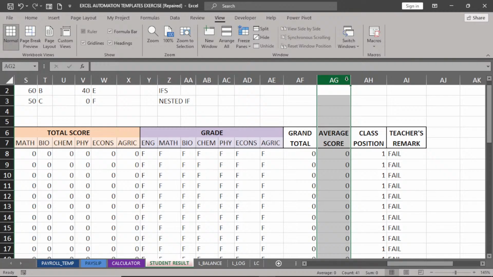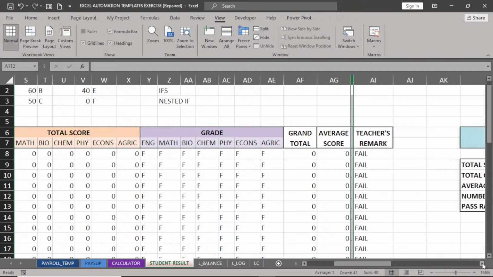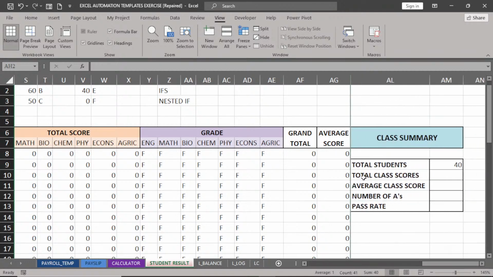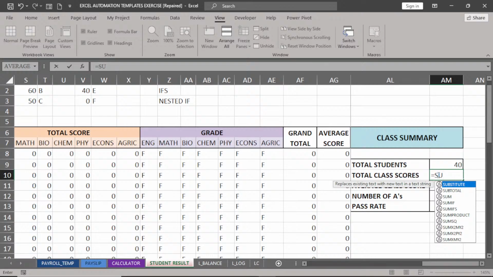Let's say I freeze here for now. Let me freeze there, so as to bring this close. Now total class score will be equals sum